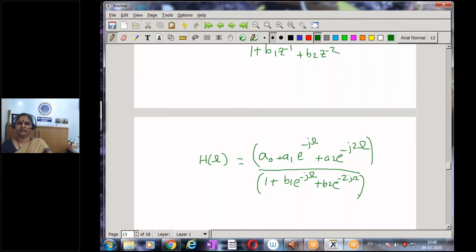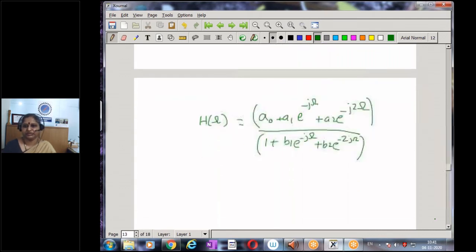So when I compute the Z transform, I can move from H of z to H of omega by the simple transformation. So this is my frequency response of the system. And there's a very interesting observation here. We have e to the power of minus j omega. If I try to compute H of omega plus 2 pi, what will I get?